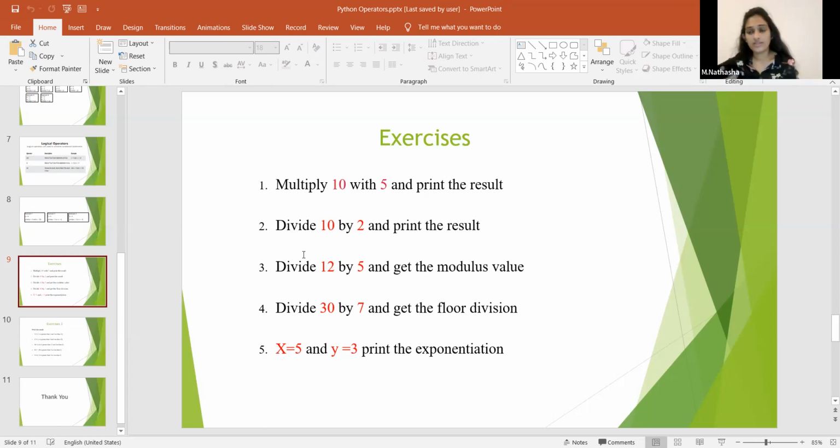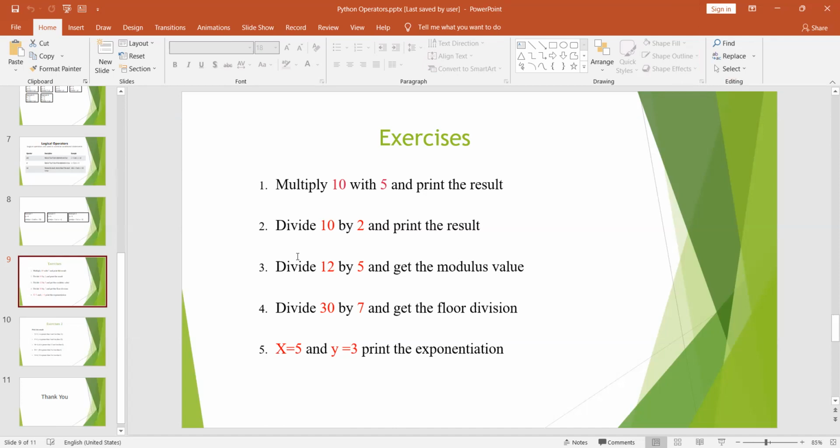I have to divide that too, right? Divide 10, right?